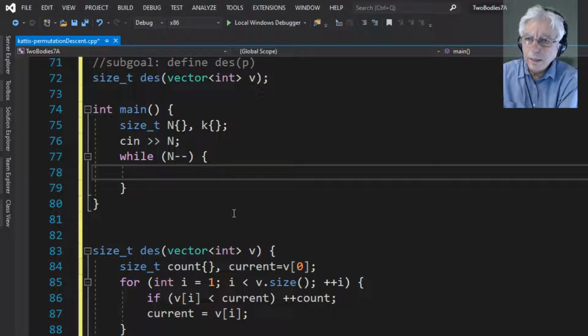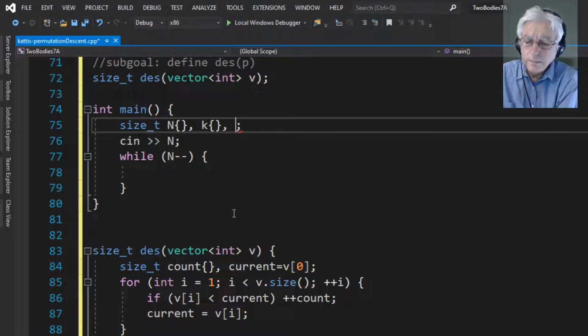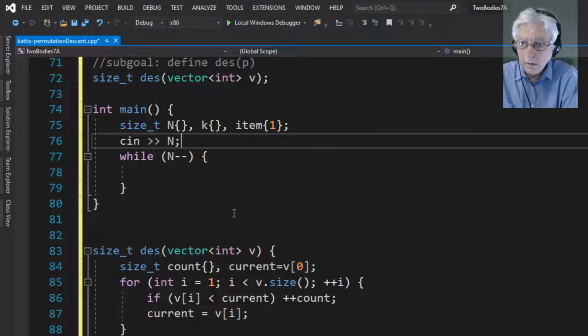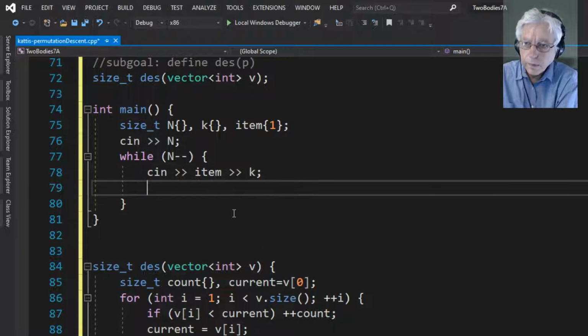And then we're going to get another number, right, which is the, what is that? I don't know, list? List is a bad word for it. Item? Which item is it? Okay. And maybe that should start at 1, because we're gonna cin item followed by k, right? And then we're gonna cout